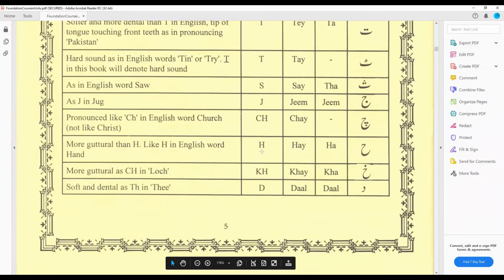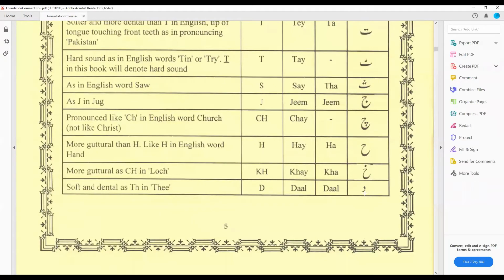Hey, a letter that stands for H. You can say, hey, what are you doing? You just need to relate the letters to some word, like say, what's your say? Like this, you can relate. And there's another Hey with one dot over it, which starts with KH.